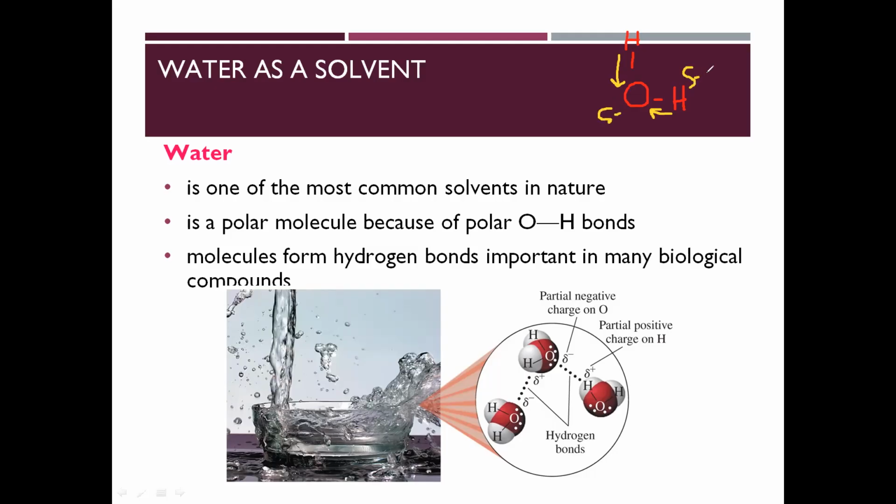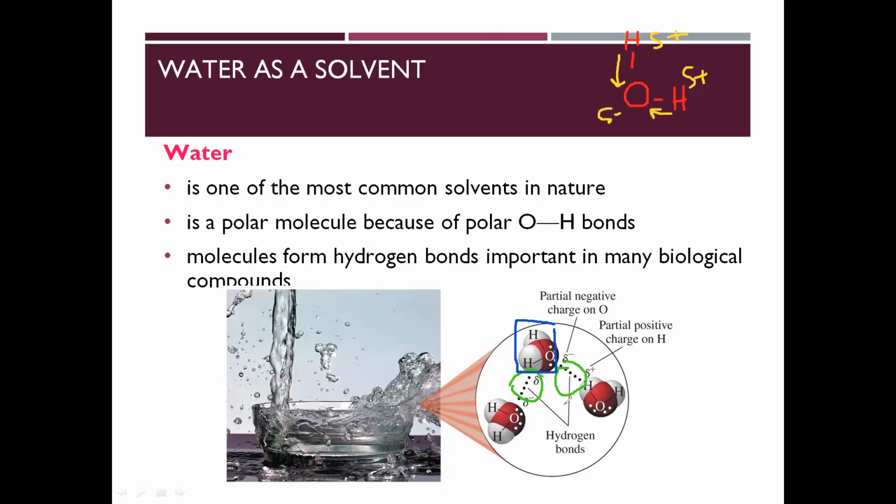And it leaves the hydrogens with a slightly positive charge. So because of this, they can form hydrogen bonds, and multiple water molecules can come together. We can see an additional bond here, an additional bond here, because this guy has partial charges. There's a partially negative charge on the oxygen, and a partially positive charge on the hydrogen. Because of that, they can form what are known as hydrogen bonds.